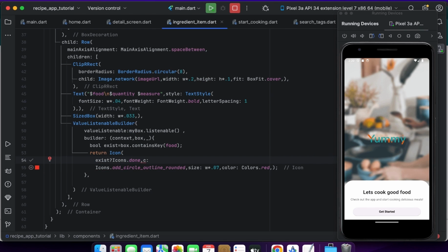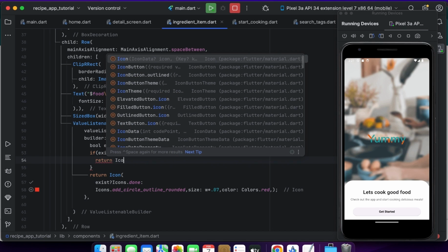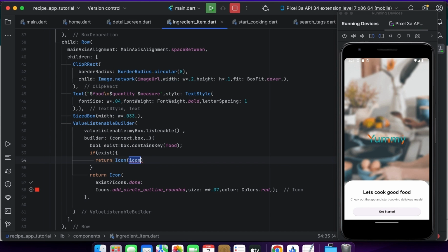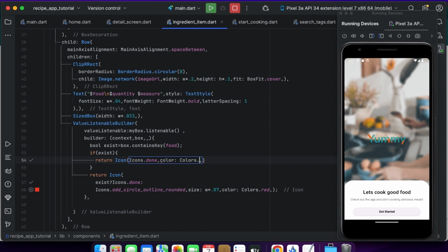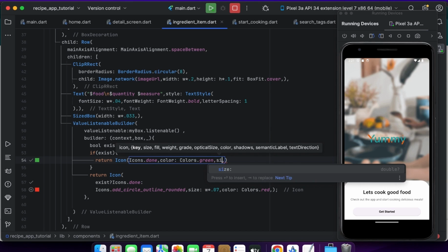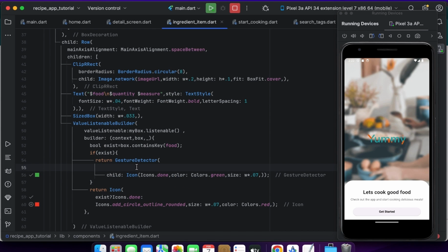0.07। अच्छा, ये रेसिपी जो आपको नज़र आ रही है साइड पे, अगर ये एग्जिस्ट करती है, तो हम इस आइकन को फिर डन करेंगे। और अगर एग्जिस्ट नहीं करती तो हमने ऐड सर्कल आउटलाइन, ये आइकन शो होनी चाहिए। अच्छा, ऑन टेप पे हम यहाँ पे रखेंगे, अगर एग्जिस्ट करती है तो हमने डिलीट कर देना है ये फूड वाला की अपने हाइव डेटाबेस से, और अगर एग्जिस्ट नहीं करती तो हमने फिर ऐड करना है।